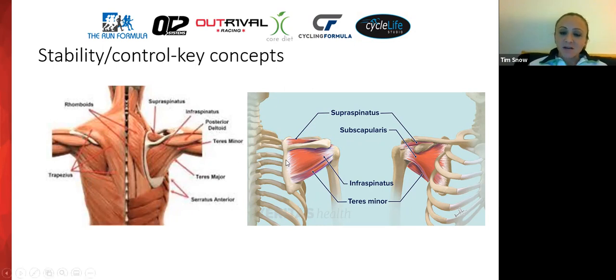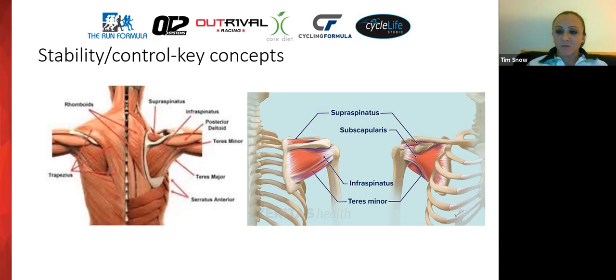And then when we talk about our rotator cuff, it is made up of 4 muscles that sit on the shoulder blade. So again, we need those scapular stabilizers to keep this shoulder blade in a good position so the rotator cuff can work. These 4 muscles rotate the shoulder in and out, they help raise it to the side, but they also help depress and keep the head of the humerus, the head of the shoulder bone here, centered in the socket.